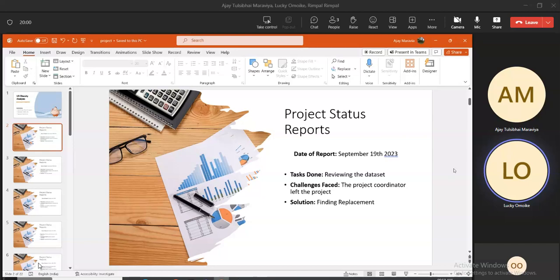In our third status report, the task done was that we cleaned the data set. There was difficulty in cleaning the data set, and at the end of the day, we used univariate analysis on the outliers that posed a challenge. The solution was that we were able to have the variance, the structures of the data set. And the challenge we faced is that we found a complex